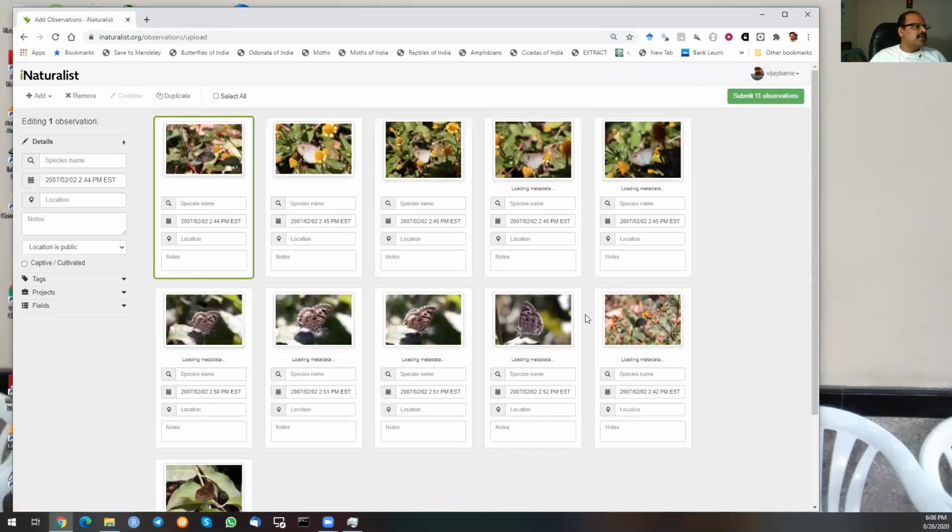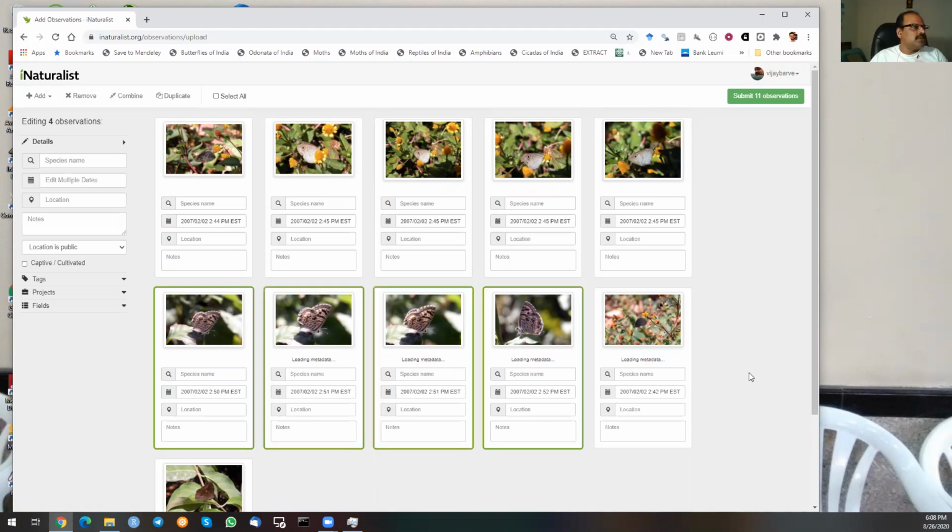So basically, when we are uploading images, we have to keep in mind that on a single day, a single individual butterfly goes as the same record. So what we can do is select all the images of one particular butterfly and just combine the records.